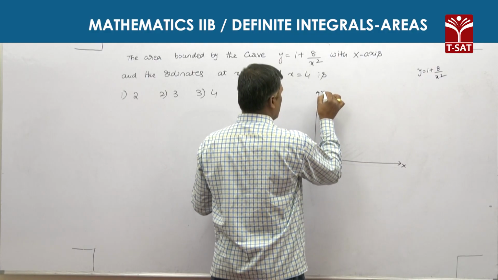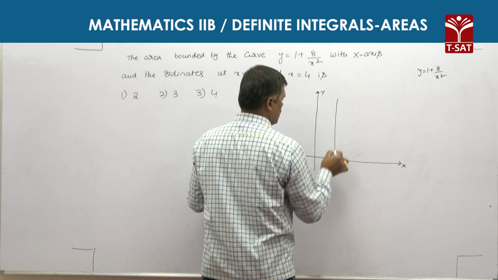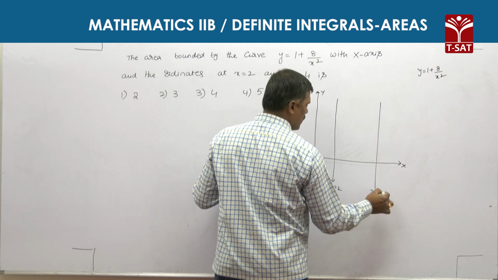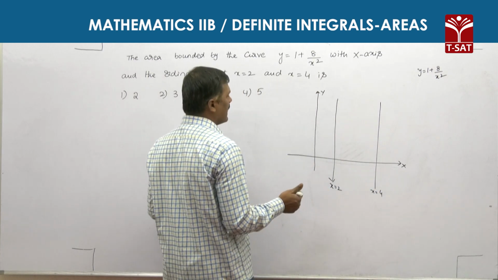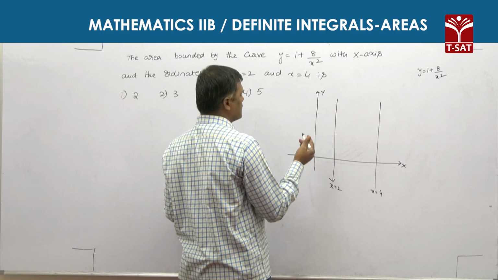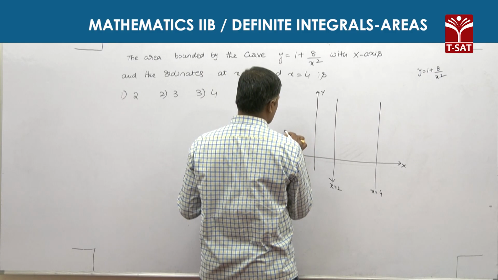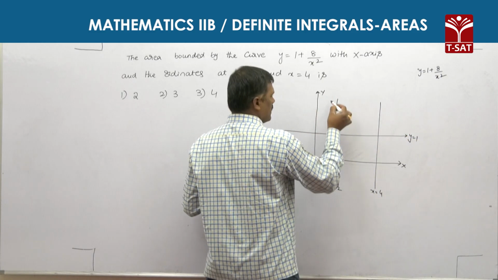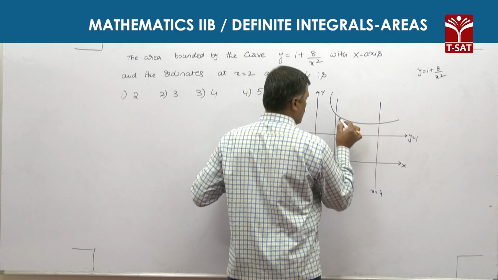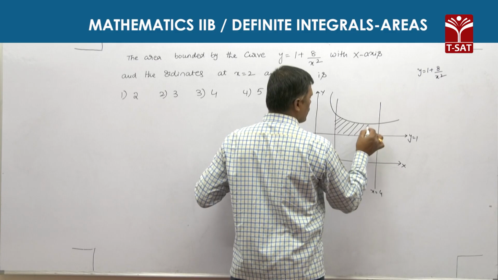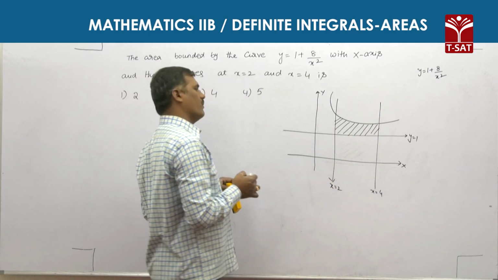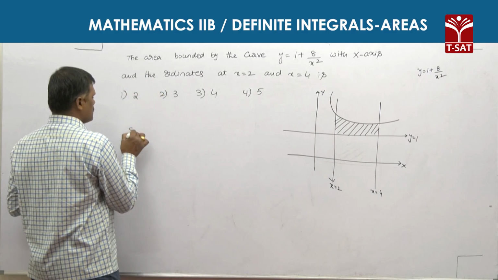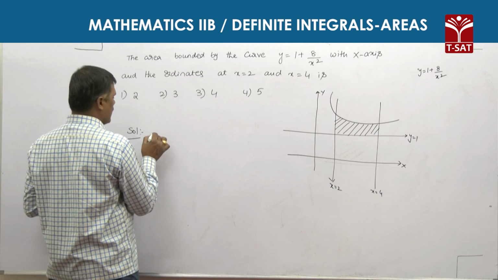X-axis and y-axis. This is x is equal to 2, x is equal to 4 lines. For y is equal to 1 plus 8 by x square, y equal to 1 here is parallel to the x-axis, and this is the given curve, y is equal to 1 plus 8 by x square. So for its area, the solution, required area